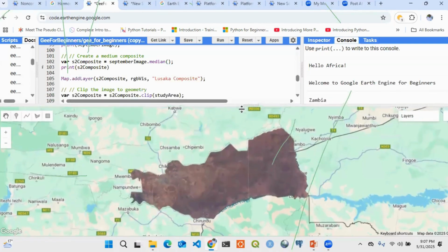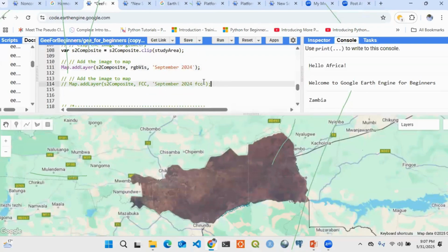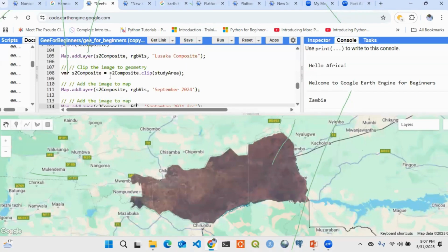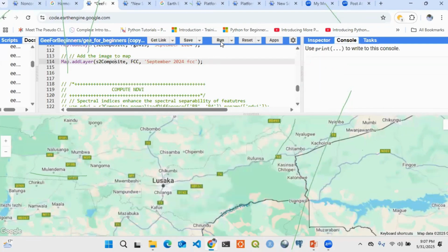Okay, then you would say, okay, I have the RGB. Let me also have the false color composite. So that's why we are writing this, adding a false color composite. You're just changing the visualization parameters by indicating the dictionaries that were already defined here as visualization parameters, applying to the same image that we've clipped. And if you run that,